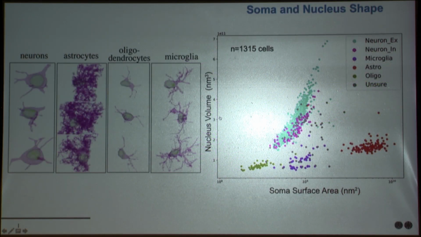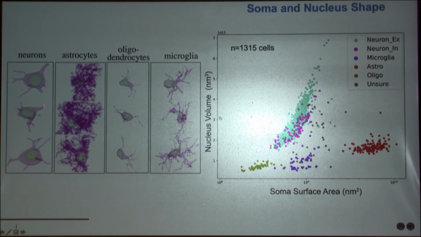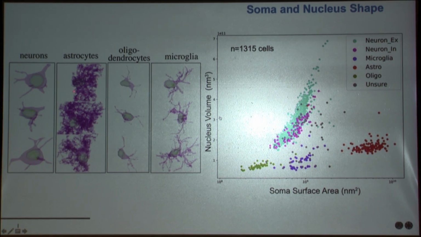Just the flavor of the easiest thing one can do is, again, taking nuclear morphology and plotting things such as the volume of the nucleus versus the surface area, the relationship between the two giving the deviation from how spherical it is, and seeing that there are distinct clusters, and those distinct clusters very well predict which type of cell it is.